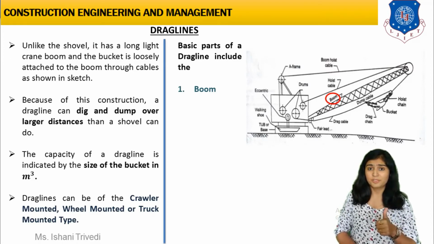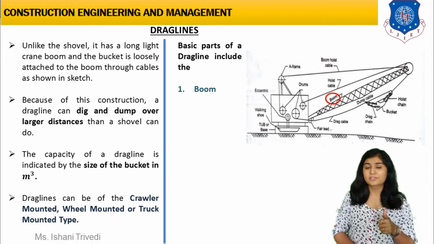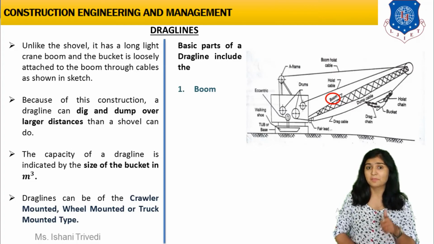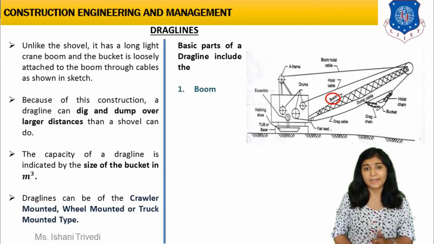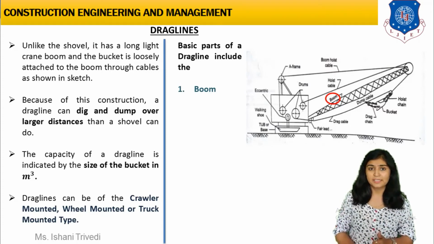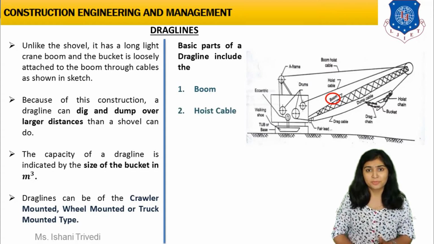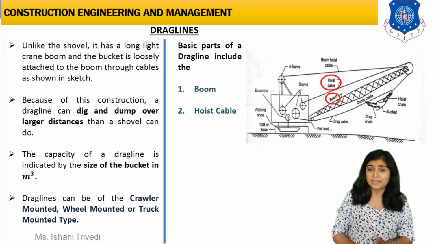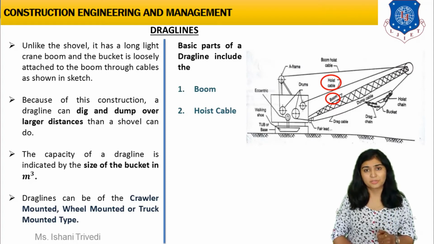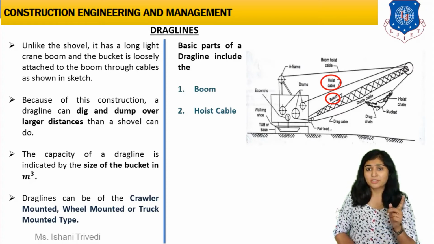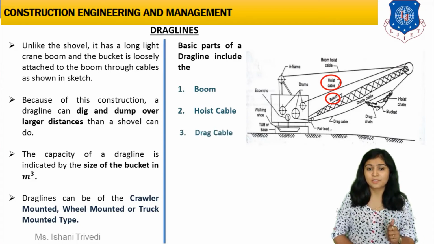So first part is boom stick. Here instead of boom stick, we are going to have a boom crane, long boom crane. Can you see it is highlighting right in front of you in the sketch? Yes, we can see that. So that is your boom crane. Next we have is hoist cable. Can you see it is highlighted in front of you? We have a hoisting cable. Hoist cable will be attached with the crane, and one end will be attached with the operating chamber, and because of this hoist cable, the hoist chain will be connected to the bucket.